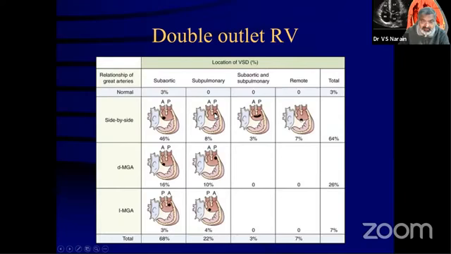The one which is sitting below the pulmonary valve without any pulmonary stenosis behaves quite like a large ventricular septal defect, even a transposition situation, and you have this as a Taussig Bing anomaly. So side by side, and then you can have malpositions of the D type where the aorta is slightly to the right, and L type, but this is the most common situation. And this is what is going to determine the type of ECG which you're going to see in the RV.